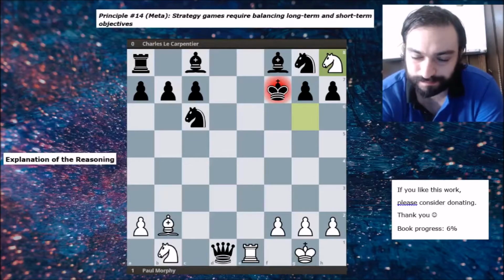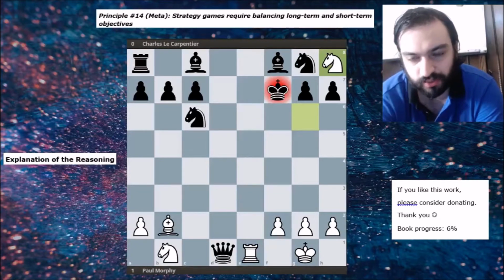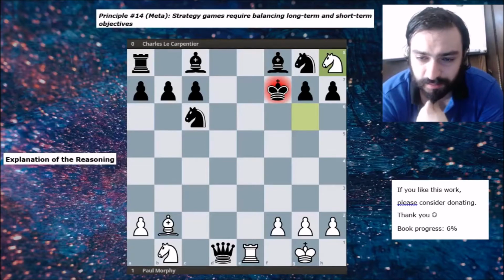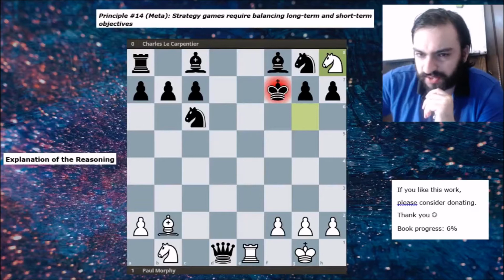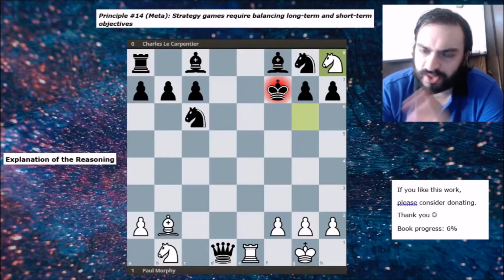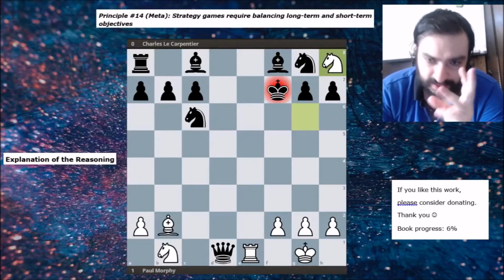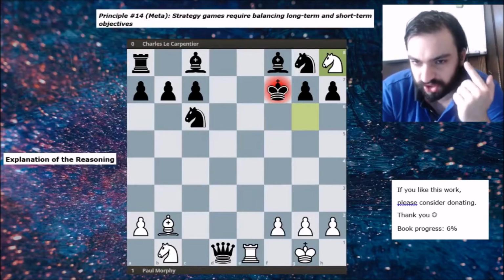Yeah. And Dan Heisman has spoken about this. I haven't seen it much in the chess world, this exact thought at least, but of course it's been said before, and of course outside of the chess world it's been said quite a lot. So the point of this meta principle, why is this a meta principle? The point is just so that you remember,